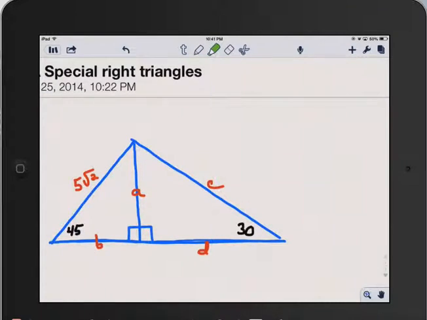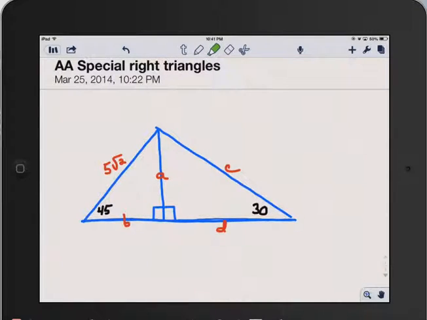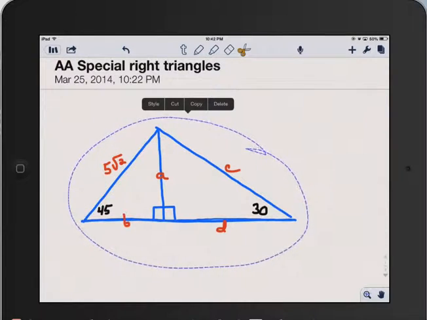Okay, a few more problems using both the 45-45-90 triangle theorem and the 30-60-90 triangle theorem. First diagram, we have one triangle of each. We have on the left a 45-45-90 triangle, and on the right a 30-60-90 triangle. So what I'm going to do is copy the diagram and paste it over to the side